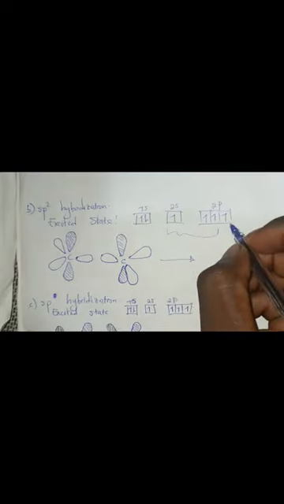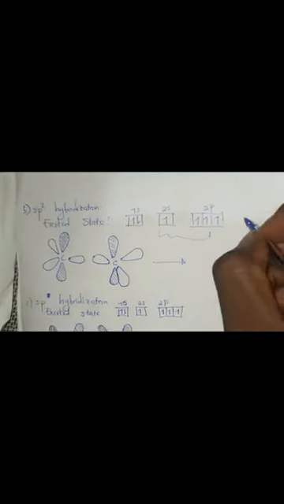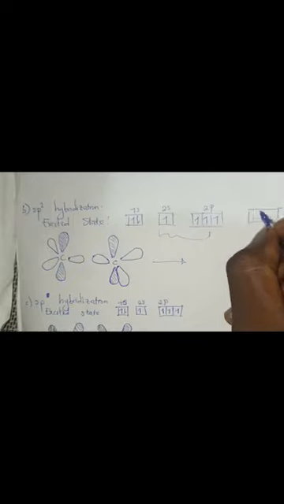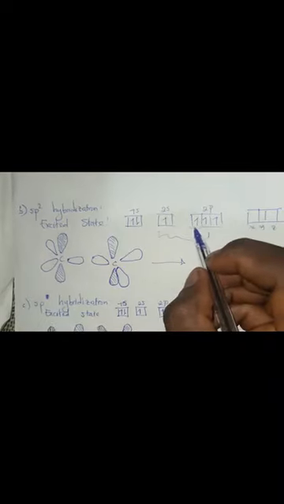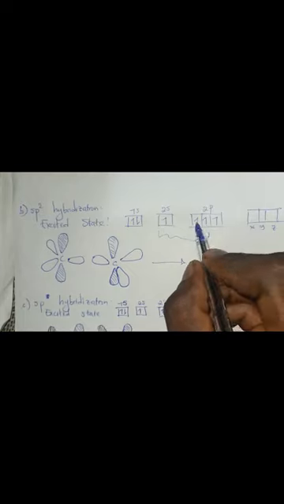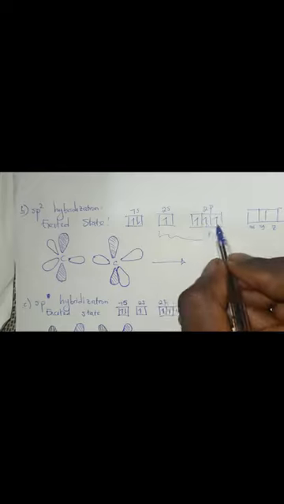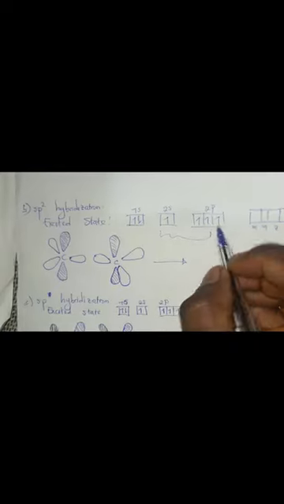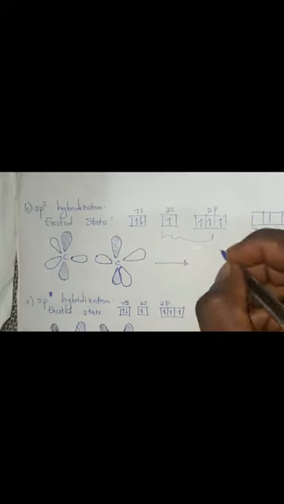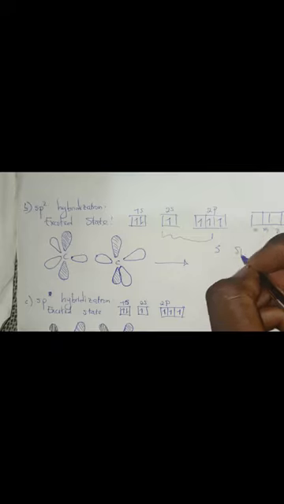Remember, a p has a p orbital, has the x, the y, and the z. So for an sp2 hybridization, just the x and the y will be involved. The z is unaffected. So therefore, we form 3 new orbitals, 3 sp2